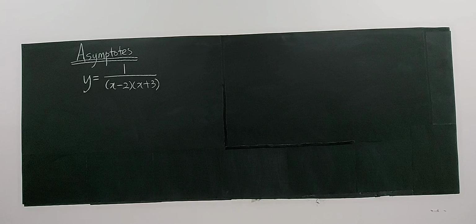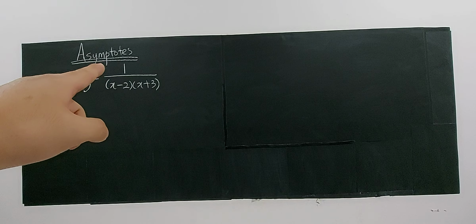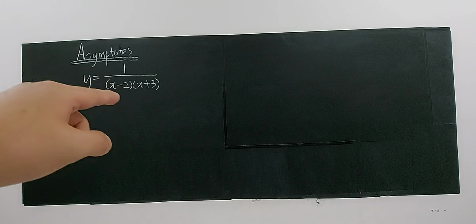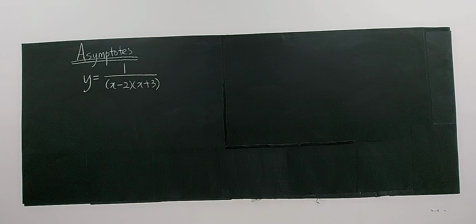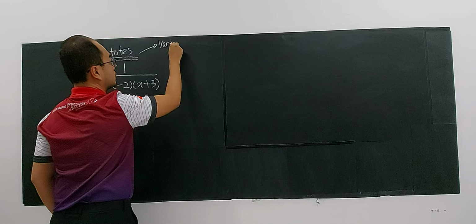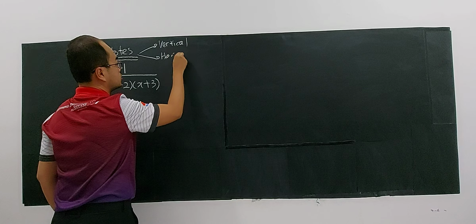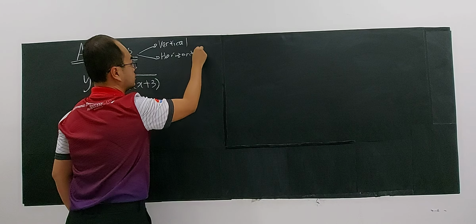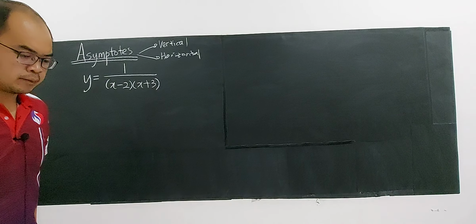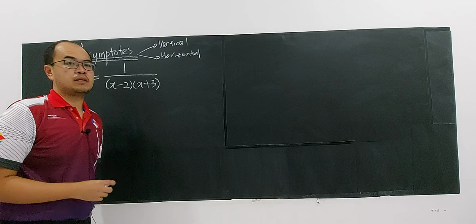Alright, in this video I'm going to talk about finding the asymptotes of this function here. So it means that we are going to consider the horizontal asymptote and the vertical asymptote. As you saw in the previous video about the evaluation of limits